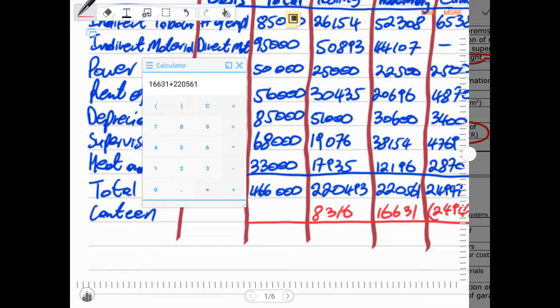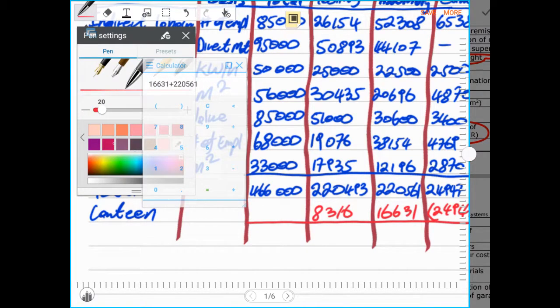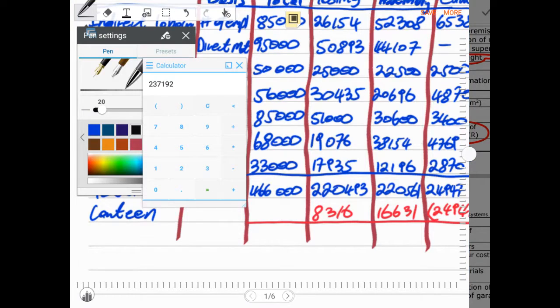Then that will give us the total overhead. That will give us the total overhead as